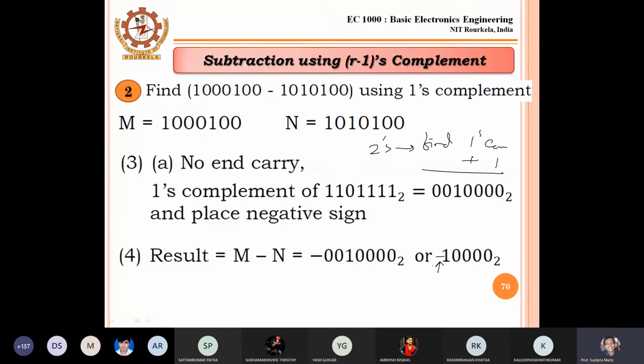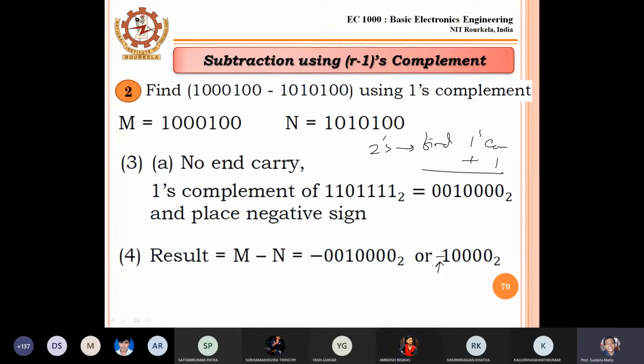Is there any doubt? At least, even if you do not try to solve the problem, at least your concept should be clear. If you face any problem, either consult this video lecture, which is already recorded, or consult the books, and the concept will be more clear. Up to this, is there any doubt related to this mathematics?